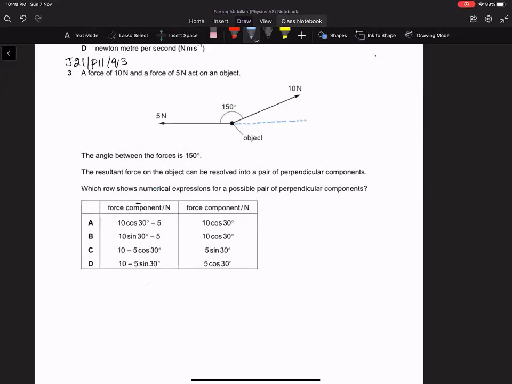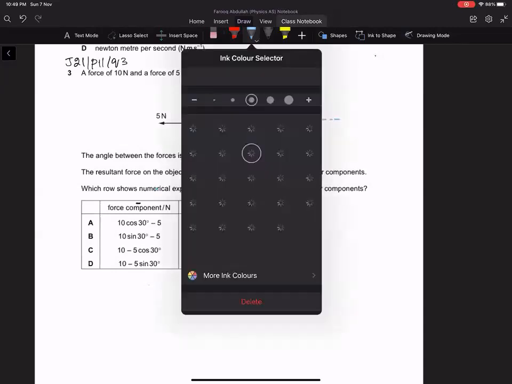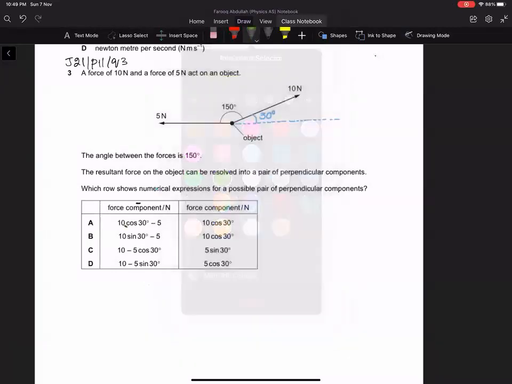For example, if we resolve the 10 Newton force along 5 Newton and perpendicular to 5 Newton, the two components will become, this is 30 degrees, and the two components that we are going to find for 10 Newton, it will be 10 cos of 30. And the other component that is perpendicular to 5 Newton, it would be 10